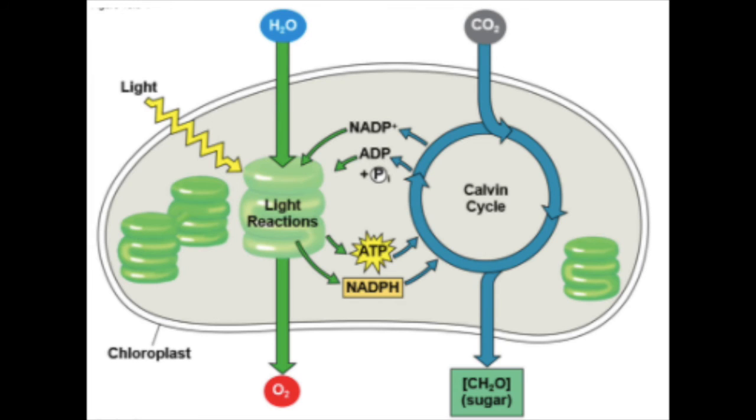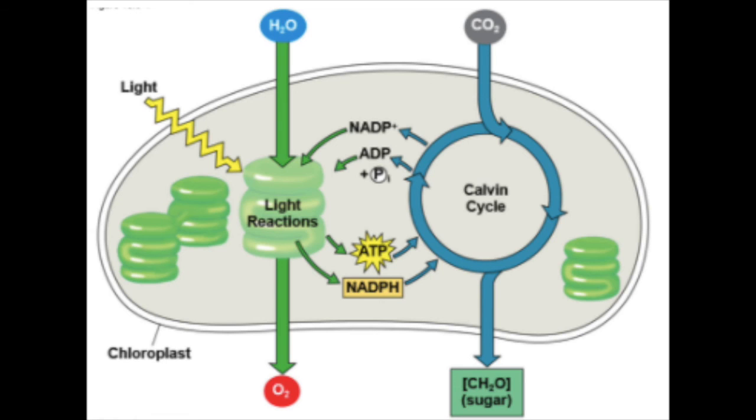Now on to photosynthesis. Photosynthesis is split into two different reactions. One is the light independent reaction, which is the Calvin cycle, and one is the light dependent reaction. And light dependent occurs first as light and water are absorbed, and the chloroplasts take in the sunlight and they release O2 through the air. And then in that reaction in the thylakoids, they produce ADP and NADPH. And then this transitions into the Calvin cycle.